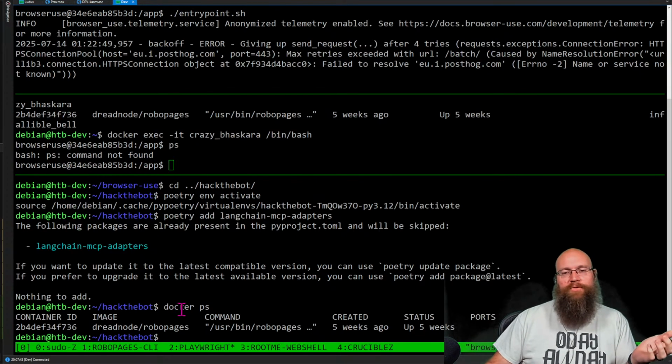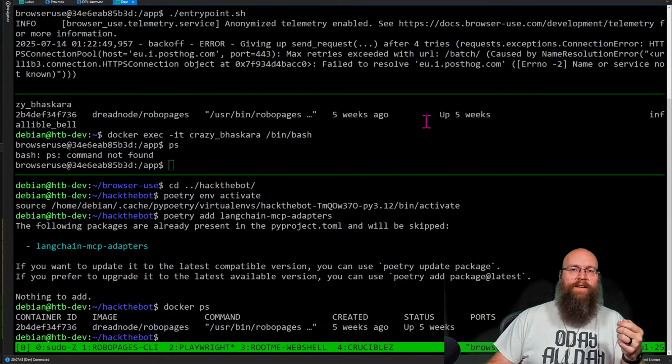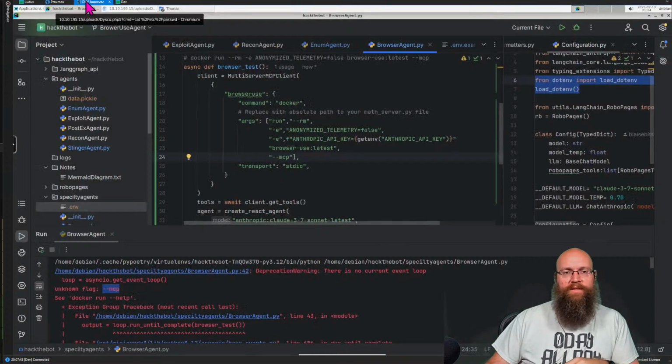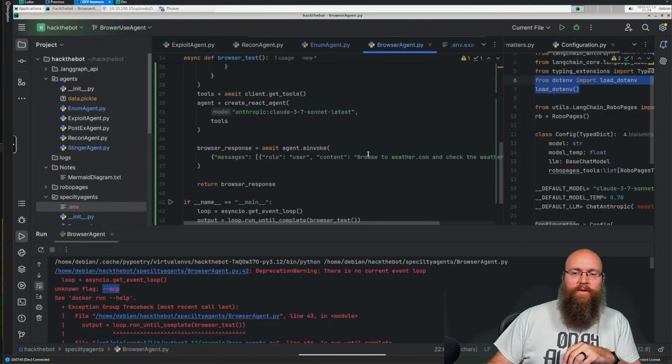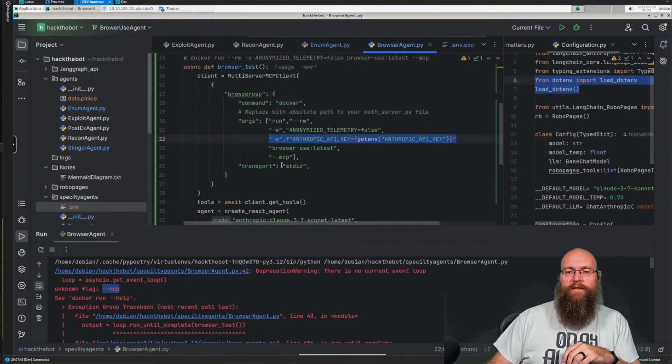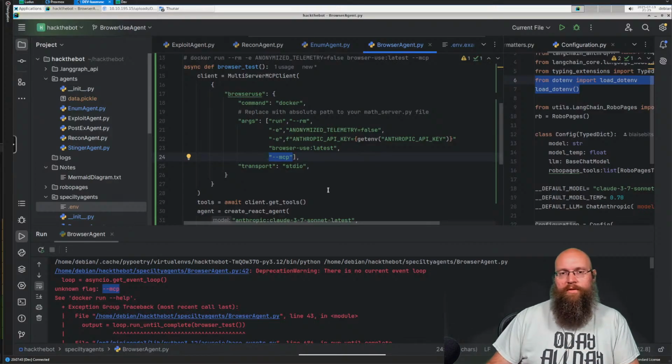Yeah, because the telemetry is enabled, but I'm not worried about it because when we actually execute this from inside HackBot, telemetry is going to be disabled. I've already got that prepended right here. And I double checked to make sure that our API key was working correctly. It looks like for some reason, the problem really was this TAC MCP was not being passed over. It was getting passed to Docker and not through Docker to the container for some weird reason. So we'll make a little modification to this.